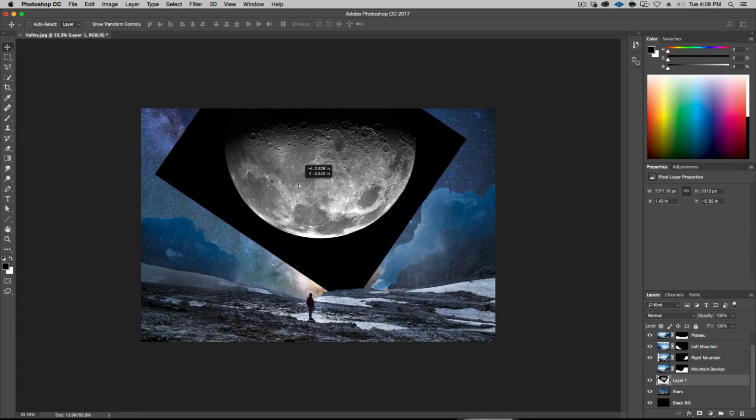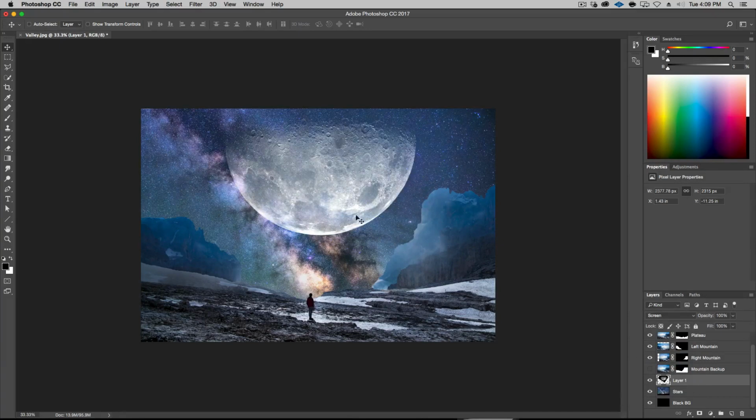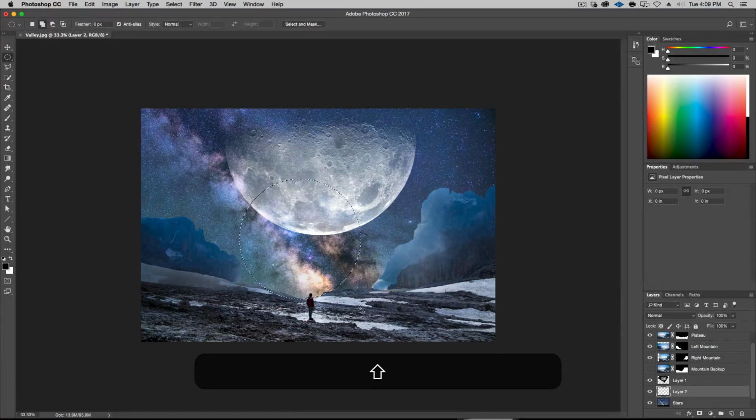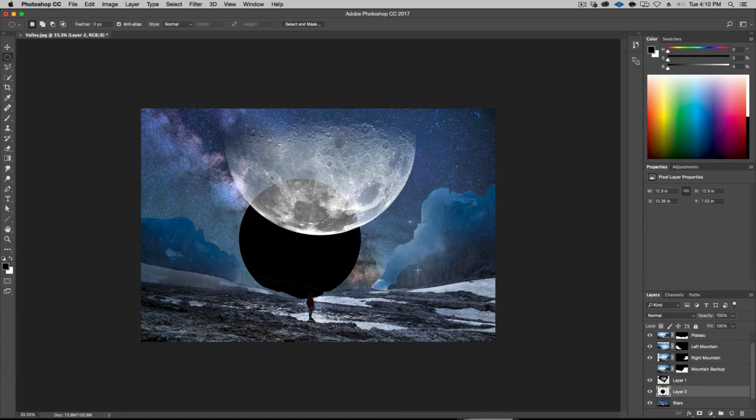So what we're going to do first, I'm actually just going to see if we put this in screen mode, the black should completely disappear, but the moon becomes semi-transparent, which we do not want. However, neat little trick is you go make a new layer, put it right below it, and just take a circle here, and make a circle like this. Hold on Shift, and let's fill that with black. Okay, deselect it. Now we have a black circle that's perfectly sharp.